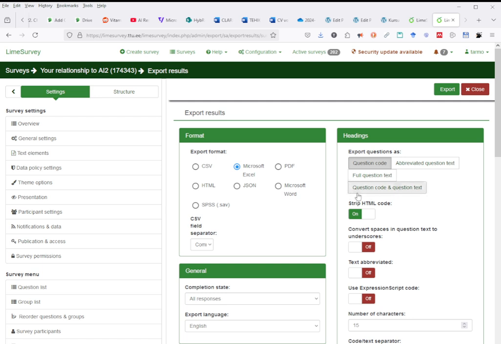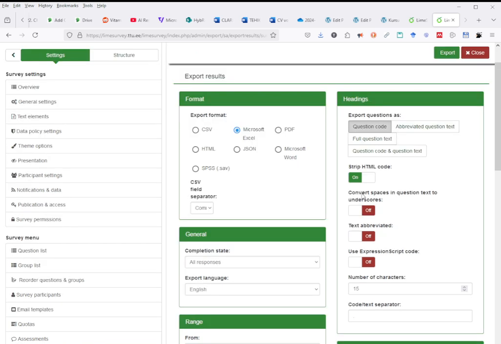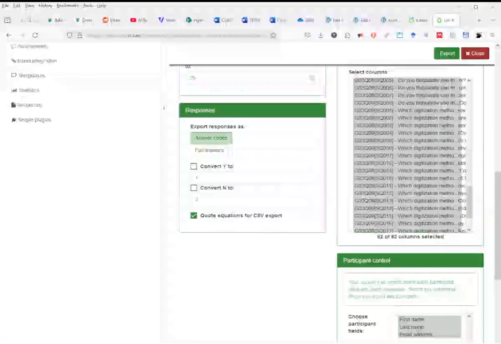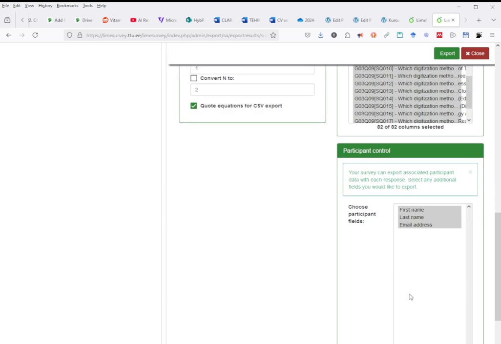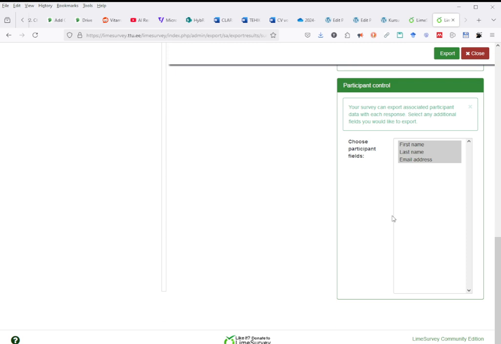And we will leave the other settings as they are, but we will include the additional fields, first name, last name, and email address, because if this is a closed access survey, we have already entered the person's name, both the first name and last name, and the email address. So we will click export and we'll be able to download the Excel